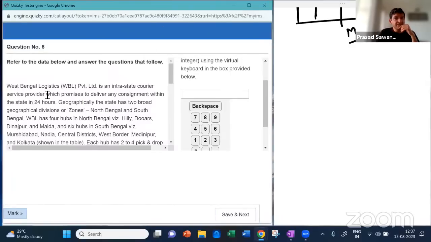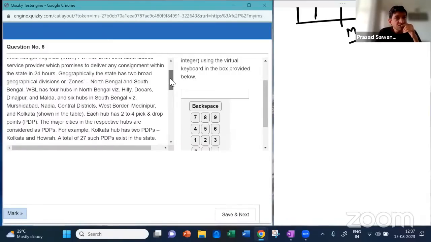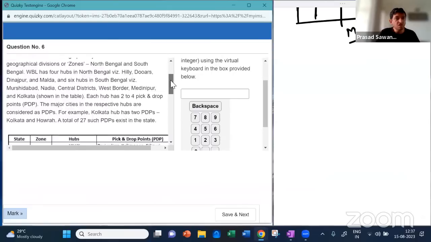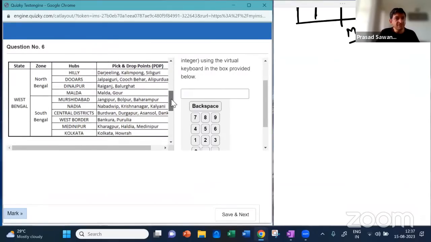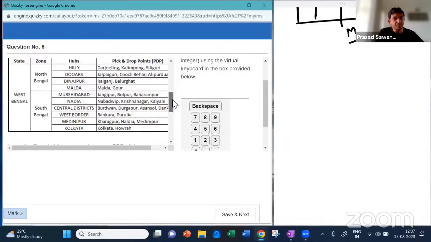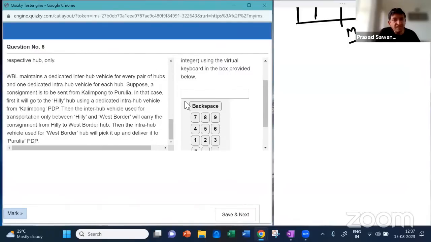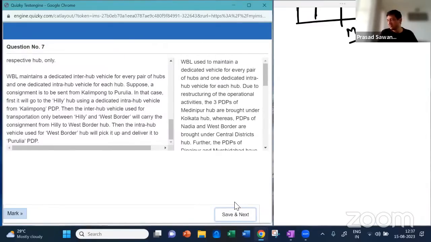WBL is an intra-state courier. It seems to be a long one. Zones, North Bengal, South Bengal, 4 hubs. Acha, so West Bengal, zone wise divide kiya hai, hub wise divide kiya hai, and there is something called pick up and drop points. It's a lot of theory that exists. Number of vehicles. That reminds me of last year's and the CAT